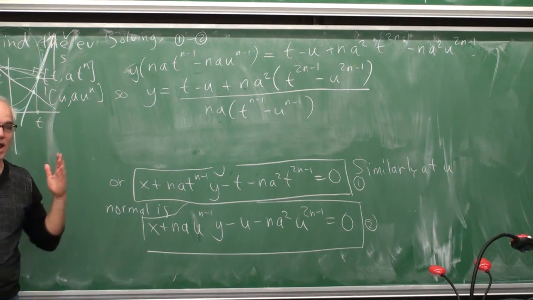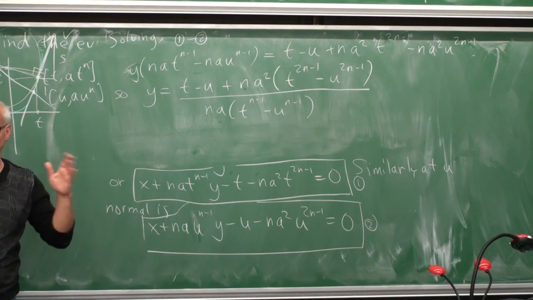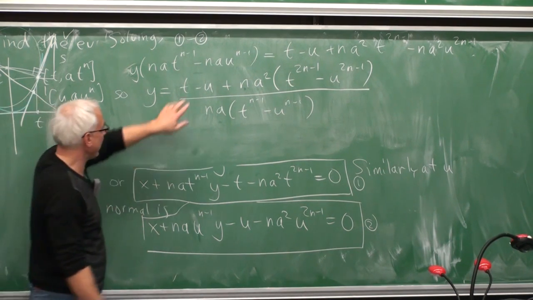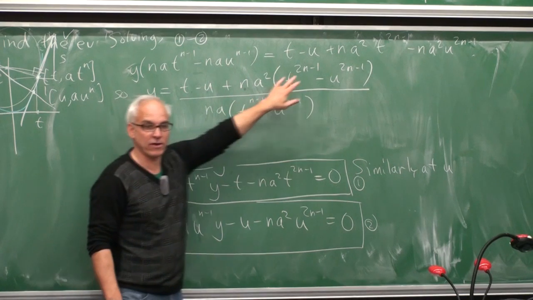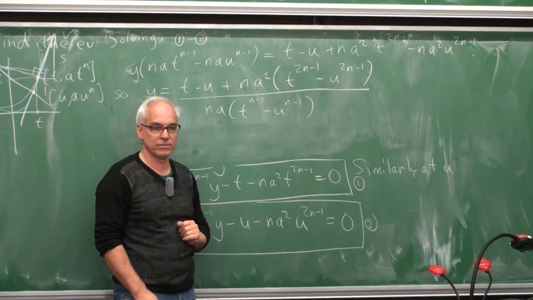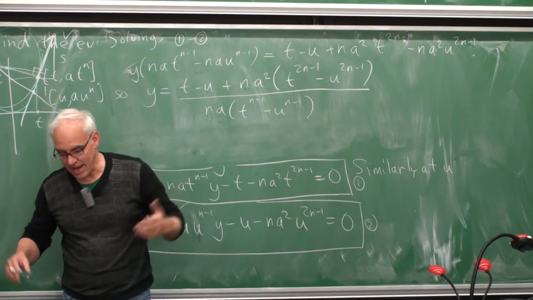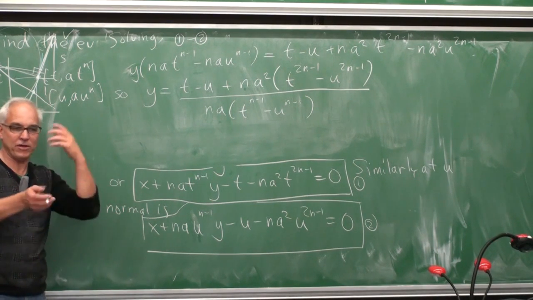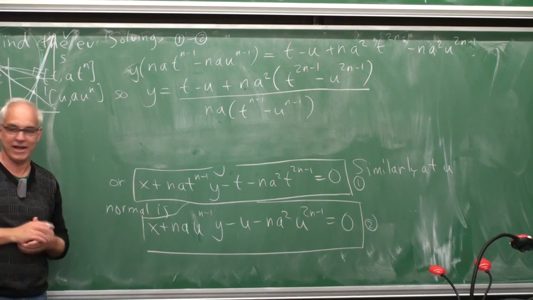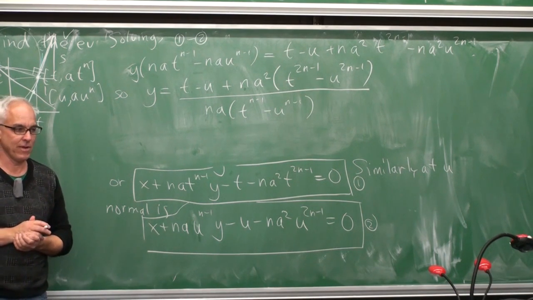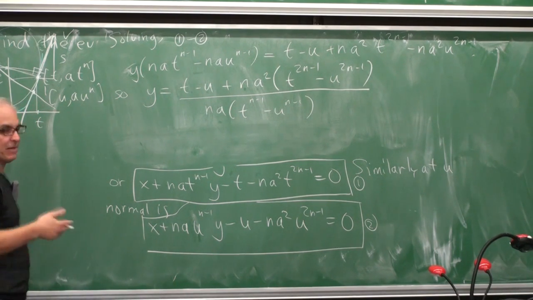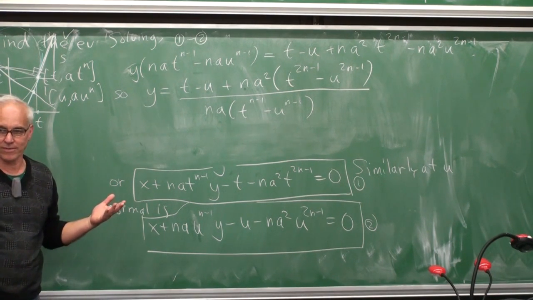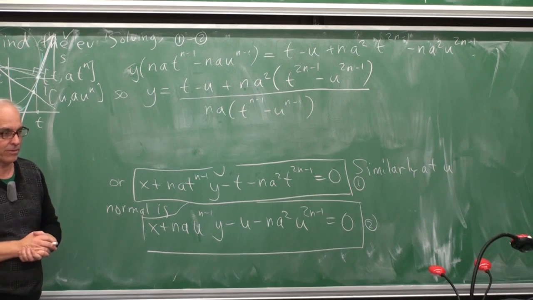All right, now we have to ask what happens as u approaches t. Well, obviously there's a bit of a problem because everything goes to 0. This goes to 0, that goes to 0, that goes to 0. Now, if you have done calculus, you know that this is not such a problem. There's something called L'Hopital's rule, and we could differentiate things appropriately and get some kind of limit. But it's also useful to think a little more elementarily and say, how could we do this if we didn't know calculus and L'Hopital's rule?